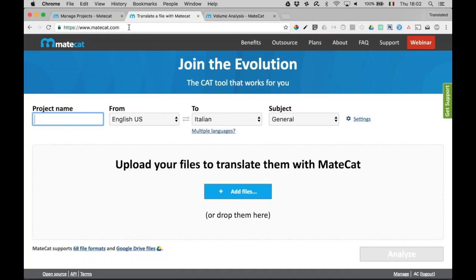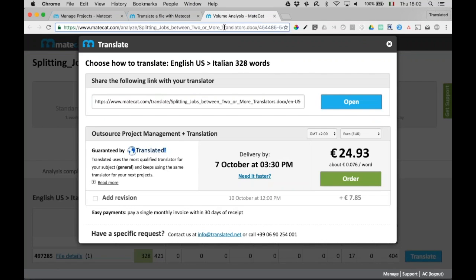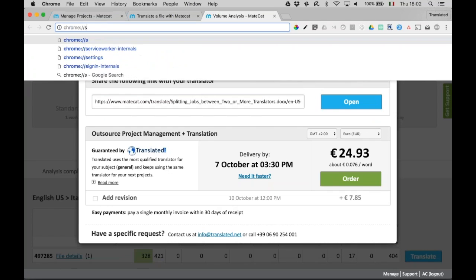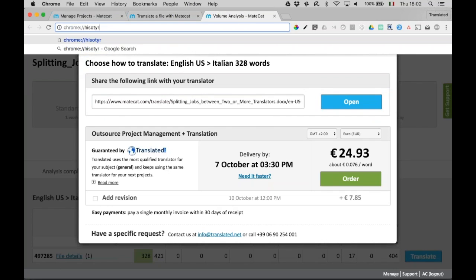So in that case, I would suggest storing the link to the project somewhere, maybe as a bookmark in your browser. Or another thing that you can do is you can go into the history of your browser, just like I'm doing now. So you can see all the websites that I visited.